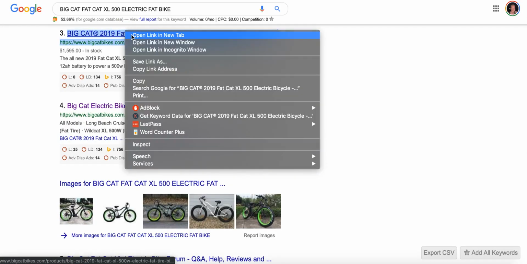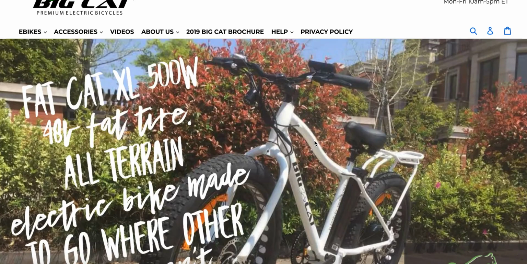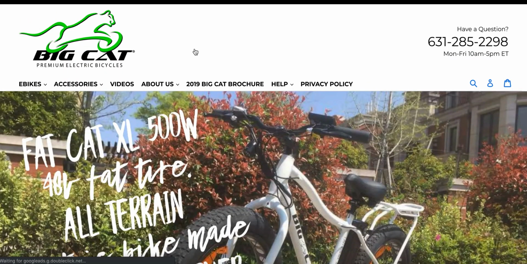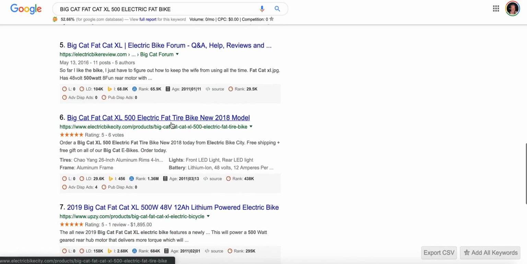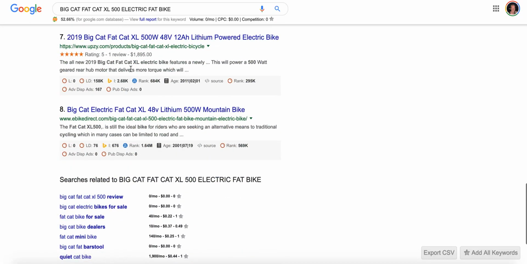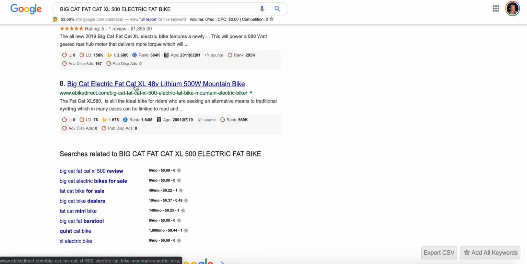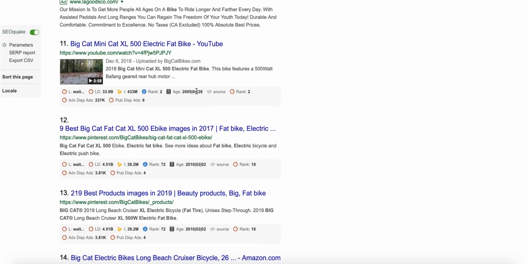Let's see here. $15.95 it says on Google. Let's see if that matches their website. Yeah, so $18.95 on the competitor, $15.95 on Google. Who knows what the deal is there? Regardless of that, let's go ahead and look around a little bit more. Electric Bike Review is actually a review site. I'm not sure about eBike Direct. No, that's an older site. You can look at that.